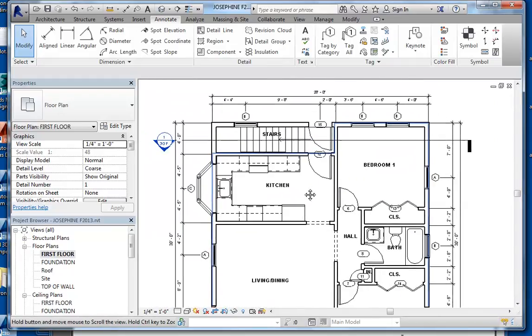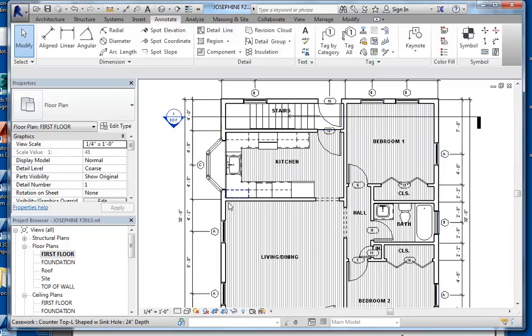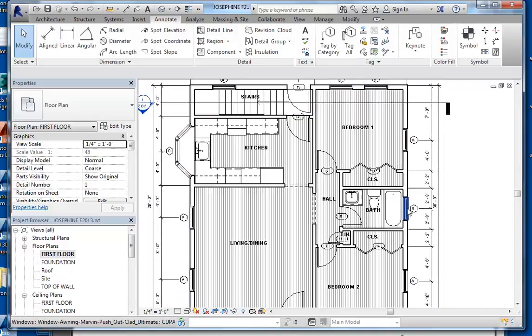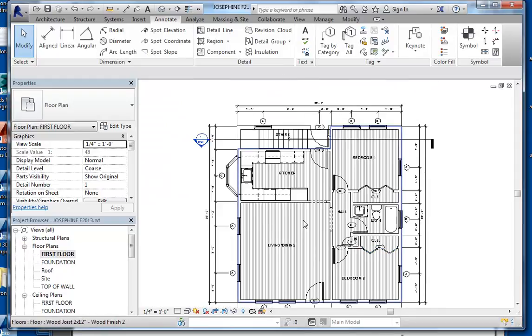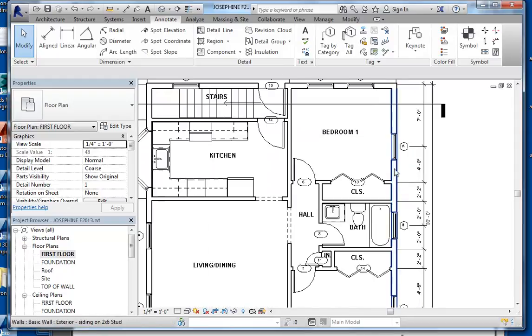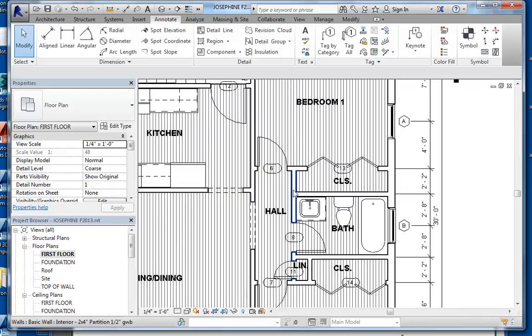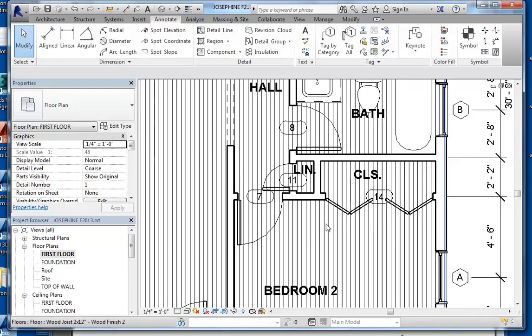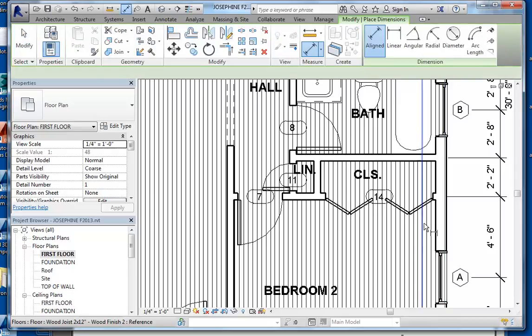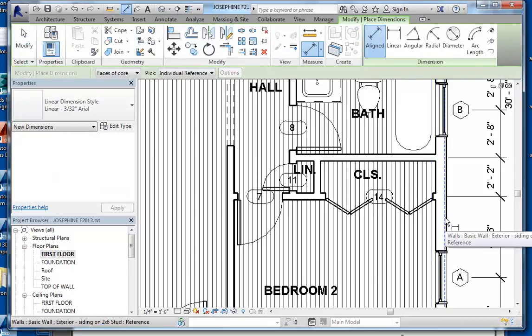The other thing you need to look at, though, is are there any walls on the inside that we weren't able to get to through the outside dimensions? So we're going to fix that. Like this one right here, how do you locate that wall and how do you locate this one? So I'm going to add 2 new dimensions, both of them going from the exterior face of stud to the center of this wall and the center of that wall. And that's going to take care of